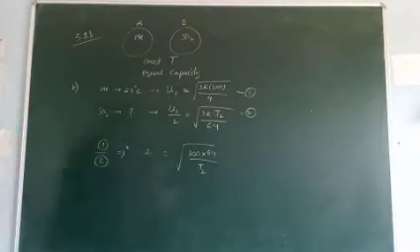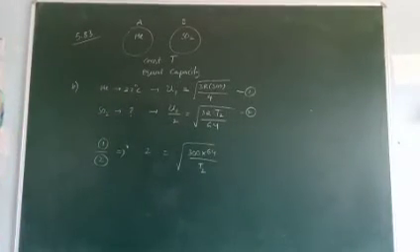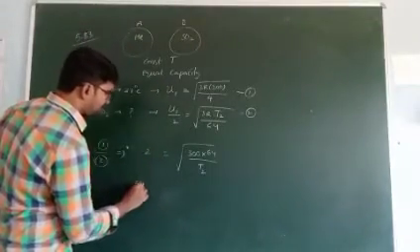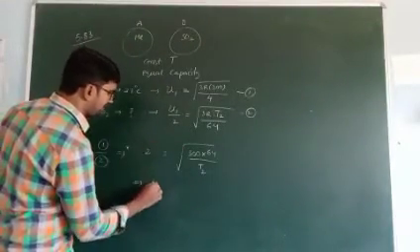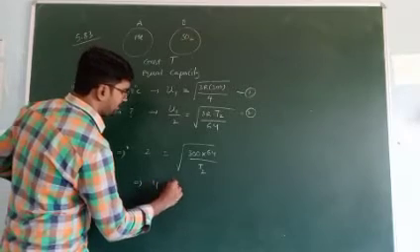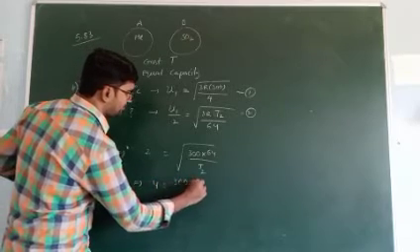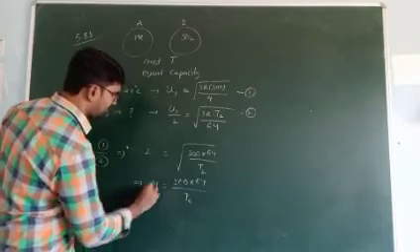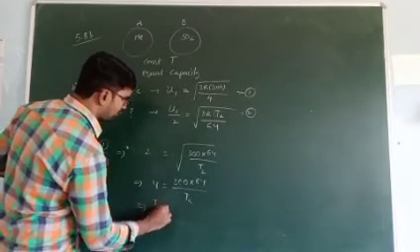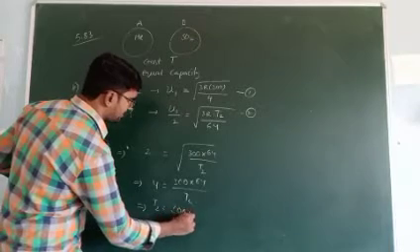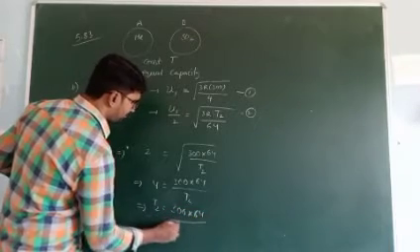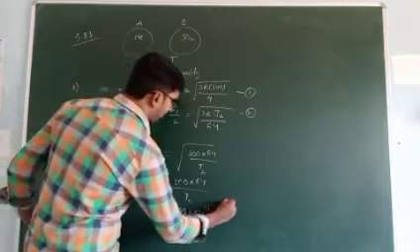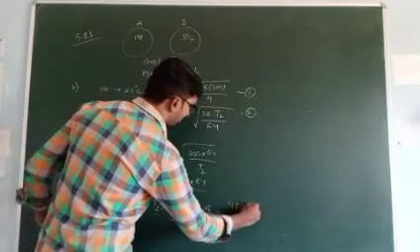Is it easy or difficult? Now, this square moves to this side, this root moves to this side, so that is 4, 2 square 4. 300 into 64 by T2. This 2 moves to this side, this 4 moves to that side. So T2 is equal to 300 into 64 by 4. 4 1s are 4, 16 3s are 48, 4800 Kelvin.